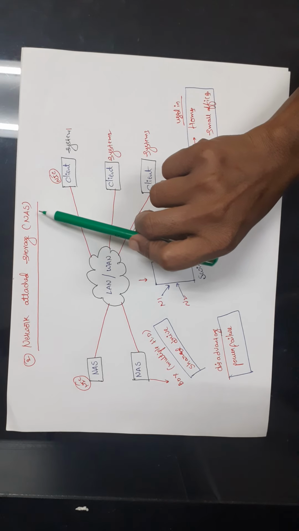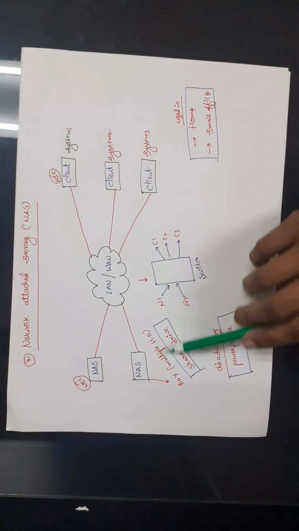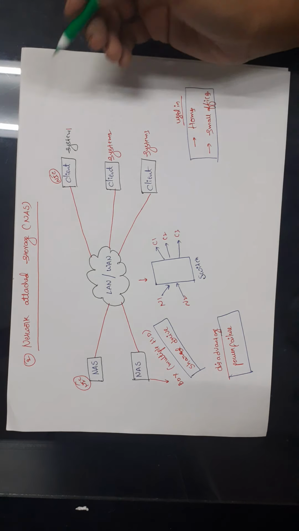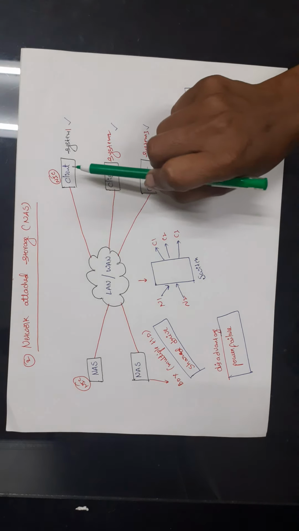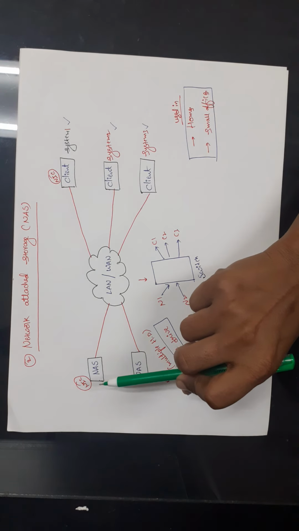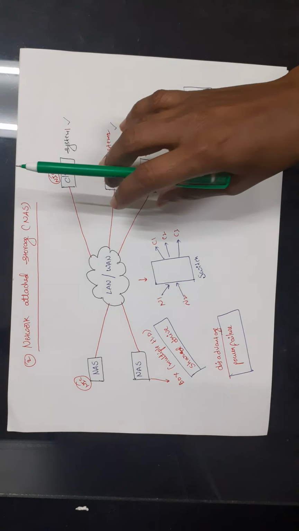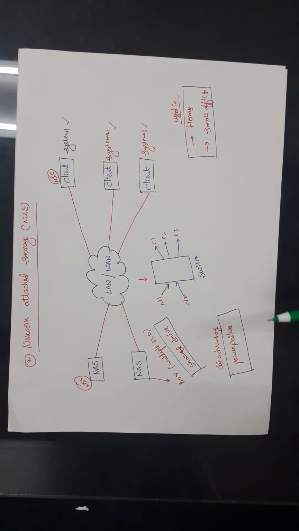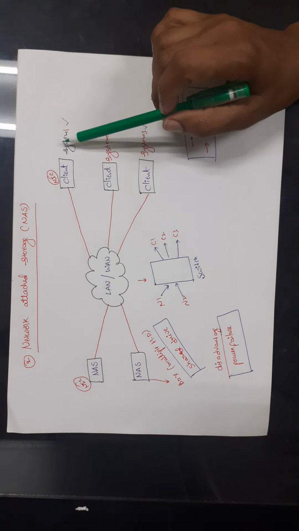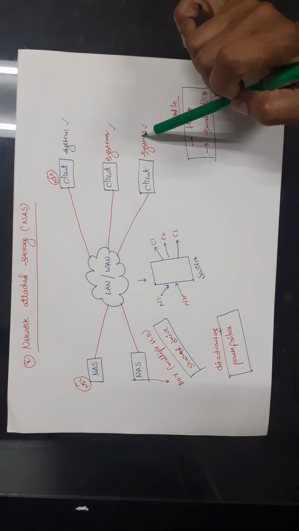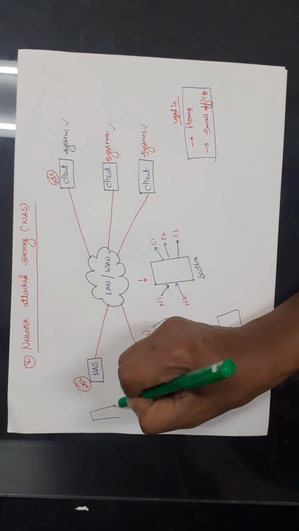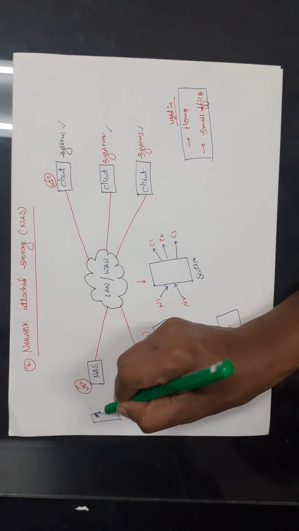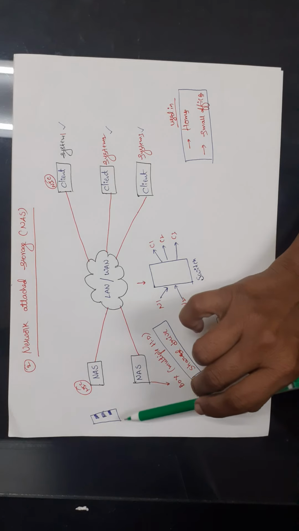In the network attached storage, I'll explain this with the help of an example. Let us assume that in your office you have three systems: system 1, system 2 and system 3. If you want to store all the data at one place, in that situation you will not maintain individual hard disk drives. Instead of that, you will place all the hard disks in one box. Let us assume that this is a box. In this box you have placed hard disk 1, hard disk 2, hard disk 3, like that many hard disks in a box.